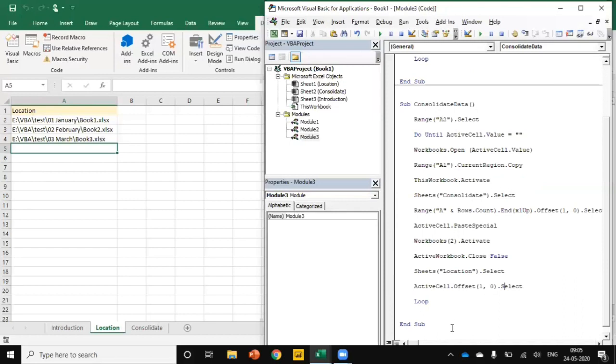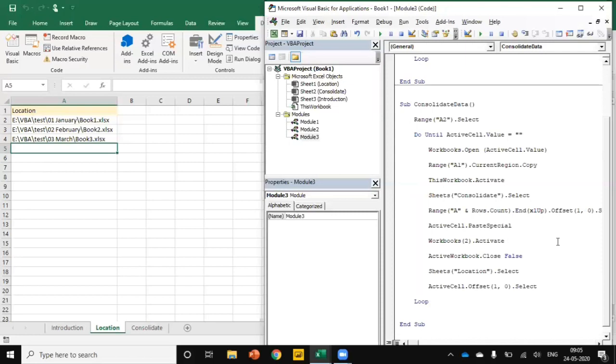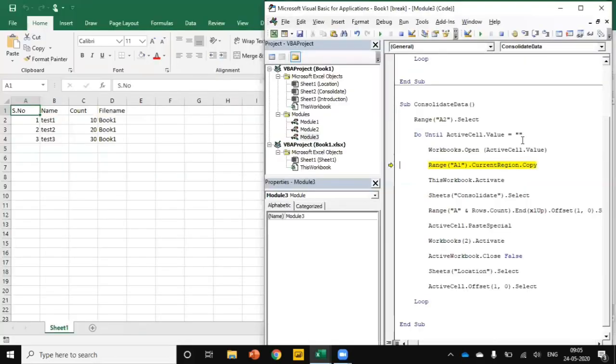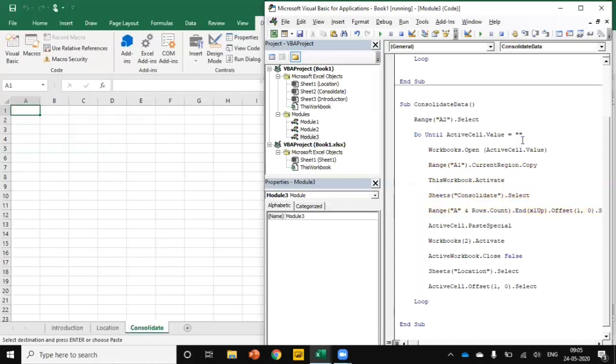Now I want to align this code properly. I will select all this code within the Do Loop statement and then press Tab. Now I will run this code one by one. Press the F8 key. The Consolidate sheet has been selected and the last cell has been selected.